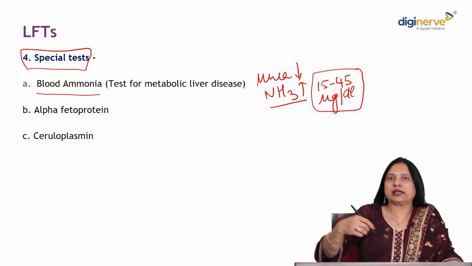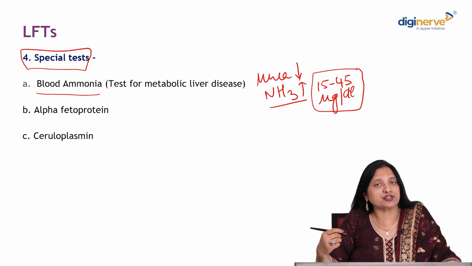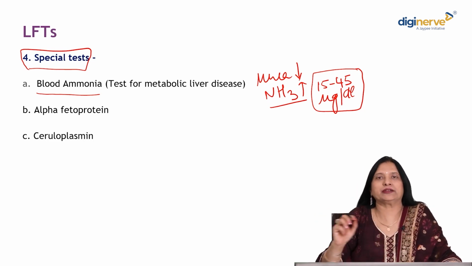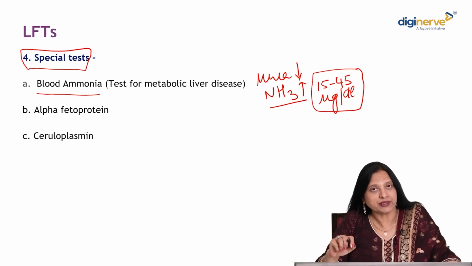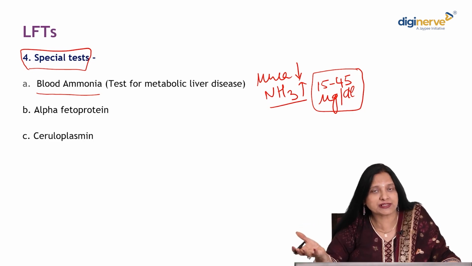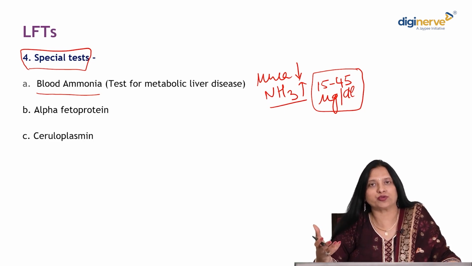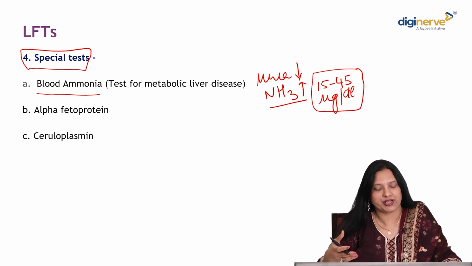And ammonia is also generated by the action of bacteria in the gut on nitrogenous substances, and then this ammonia comes to the liver and gets detoxified. However, this detoxification function will be compromised in diseases like cirrhosis, when there is hepatocellular damage leading to fibrosis in the liver. Then there could be portocaval shunt. Again, the ammonia will not be detoxified, and the higher levels of ammonia in the blood will lead to something known as the hyperammonemia stage.